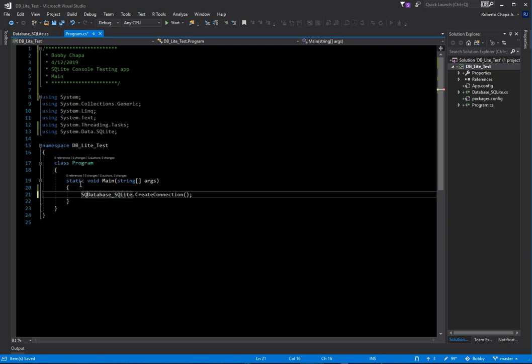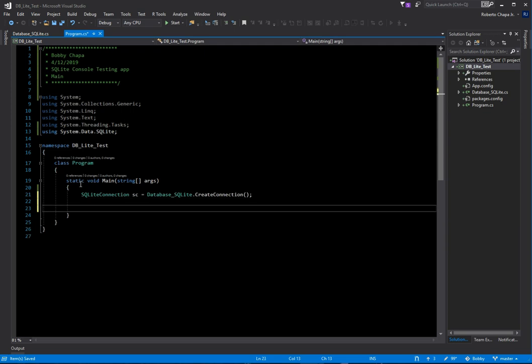So we need to do something with it. And so we're going to go ahead and do some stuff with it. Okay, so this is going to now assign it to SC for our SQL connection string. It's going to return it. It's going to get the connection string and then return it so we can use it over here. And the reason we're going to do that is because we're going to pass that connection string that we just